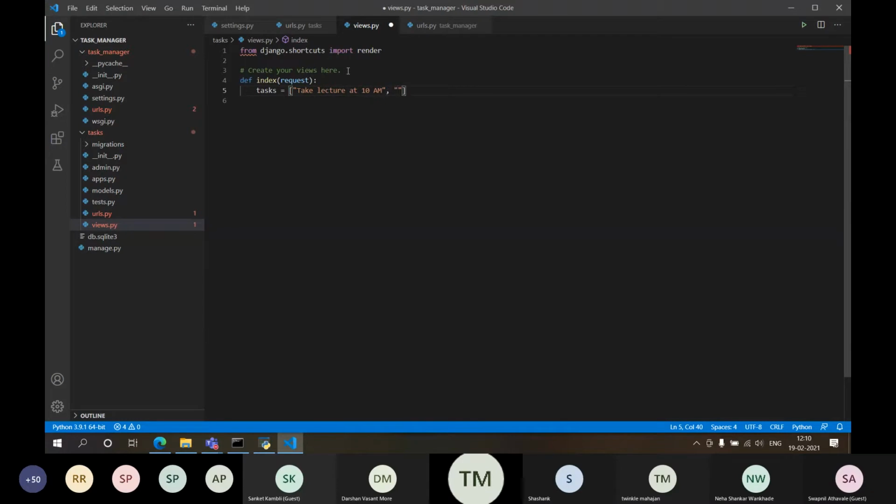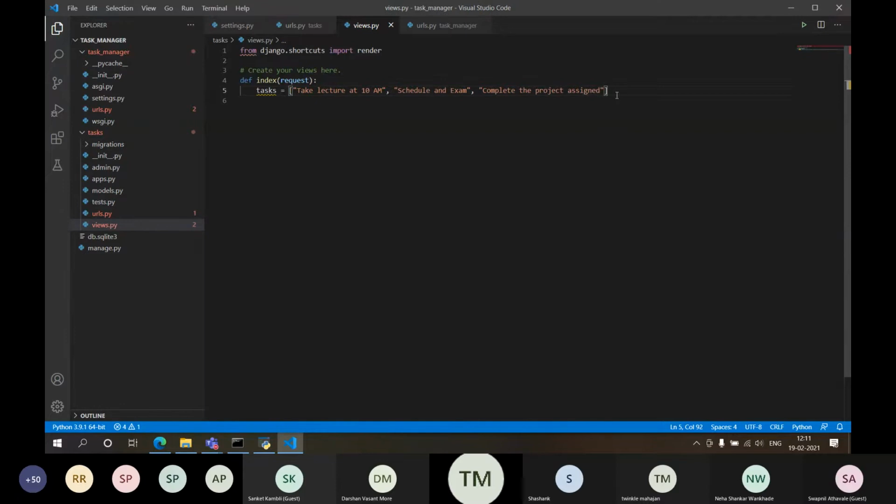My second task will be schedule an exam, and the third task will be project assigned. So these are my three tasks.